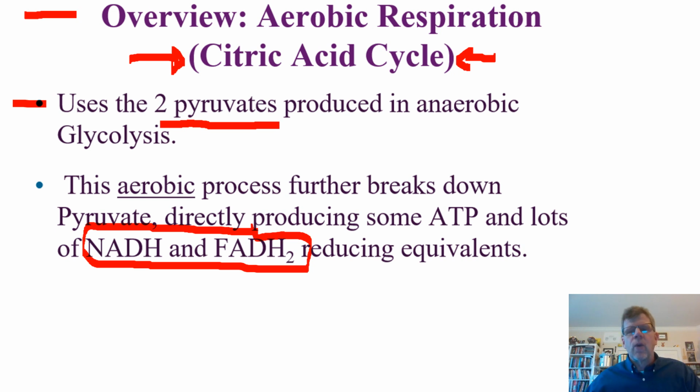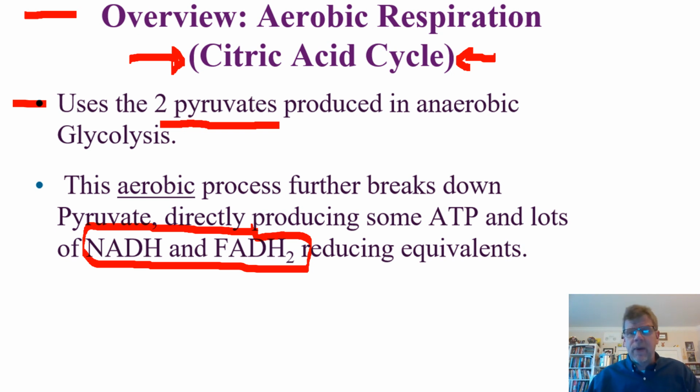Remember, I'm calling them reducing equivalents. NADH and FADH2 are now ATP IOUs. Every time you see a production of one of these things, that means great, we're going to be making some ATP. So we can think of them as synonymous with ATP production,